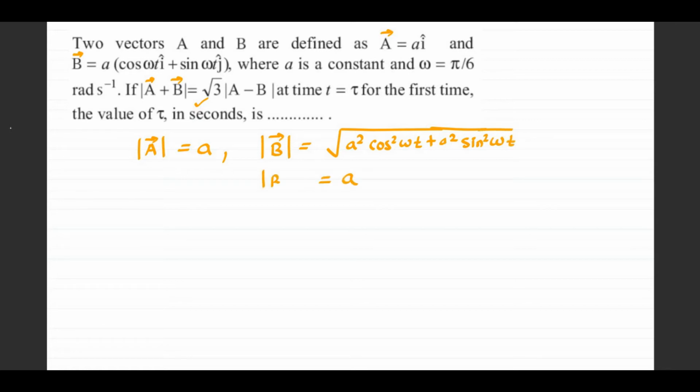This will become A only, because sin square omega t plus cos square omega t will give you 1. So can I say we are looking for this condition? Correct? If we are looking for this,